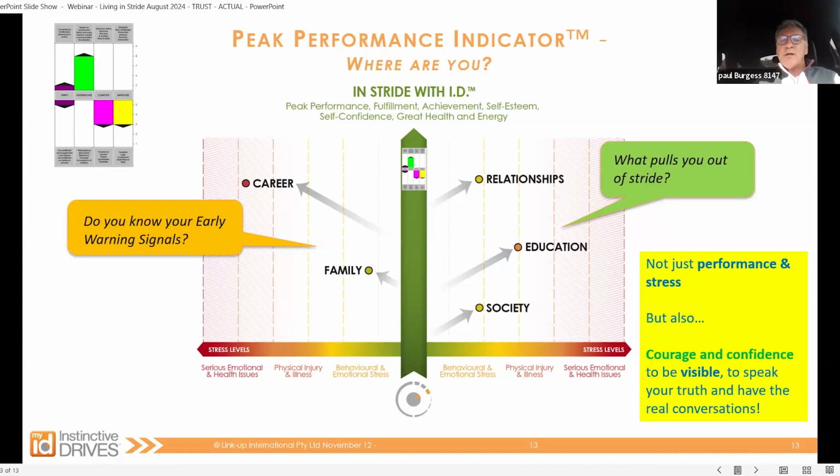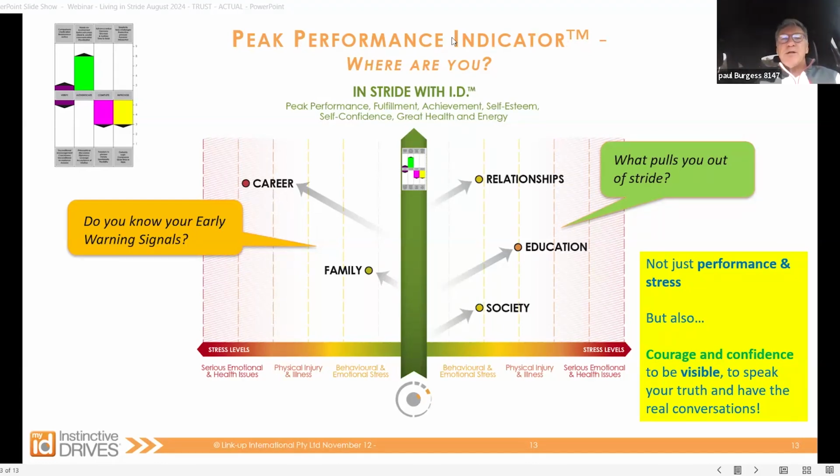And we just ask the question, on a scale of 0 to 10, if 10 was living life on that green line and a 1 out of 10 was way out to the left or way out to the right, what's the number that comes up for you? And what I'd encourage you to do is just put your number in the chat, as some people are already doing, as to what just comes up for you today. Might be a different score tomorrow, and might be different to what it was yesterday. And it could have been different prior to the meeting you might have had that took you up or down in terms of your score.